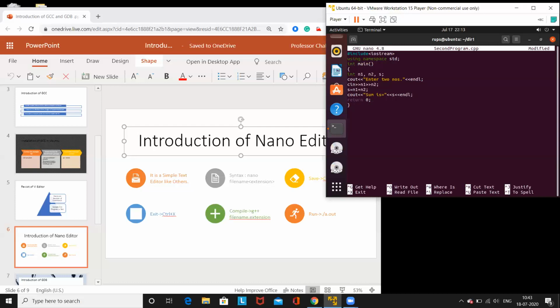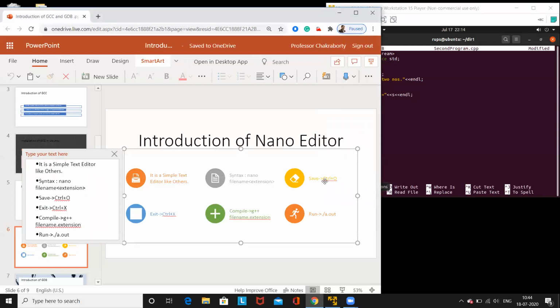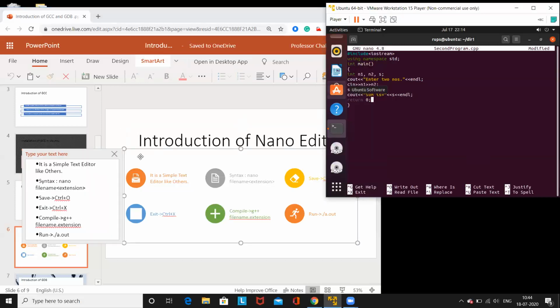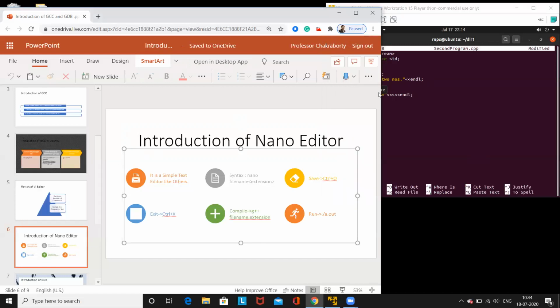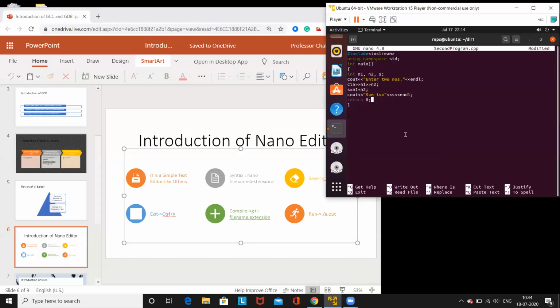Now as I am in the nano editor, the key is Control plus capital O. When I use Control plus capital O with the file name second program, it also reconfirms whether you want to change the file name or not.